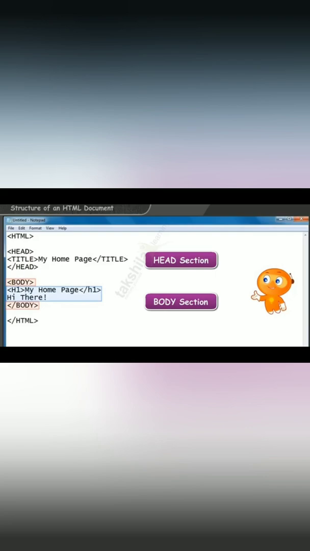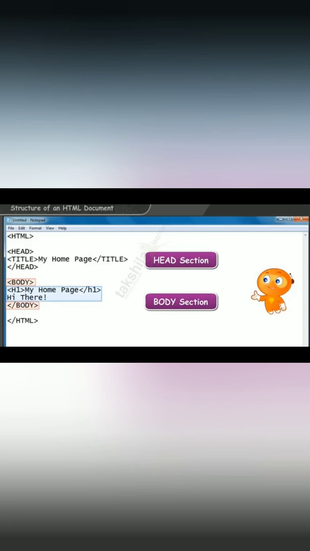Here the HTML tag is there, and after that the closing tag of HTML. Every tag is written in a less-than sign and a greater-than sign, and the closing HTML tag has a forward slash. In HTML two sections are there: one is the head section, second is the body section.